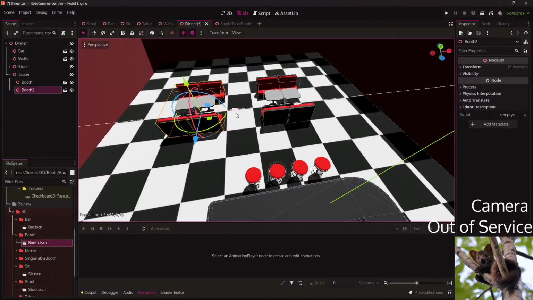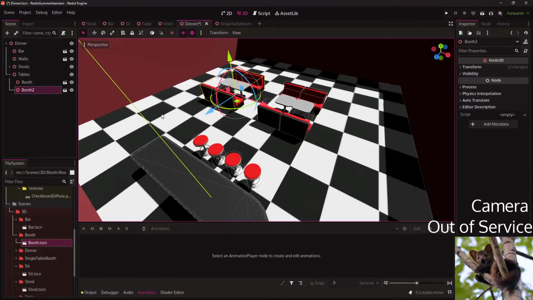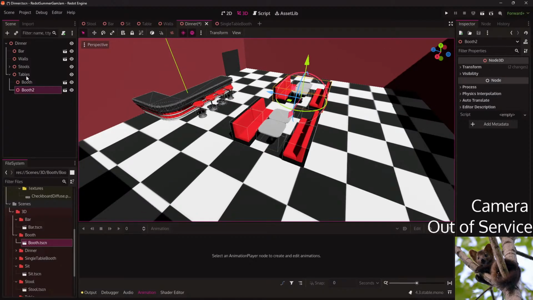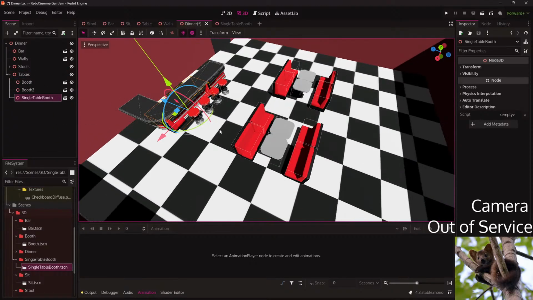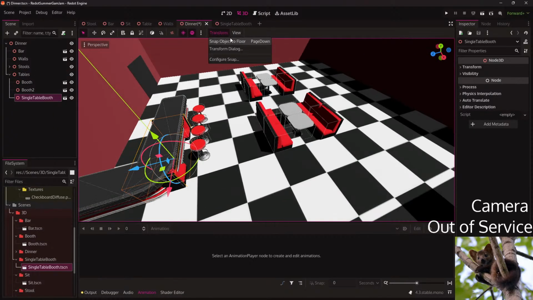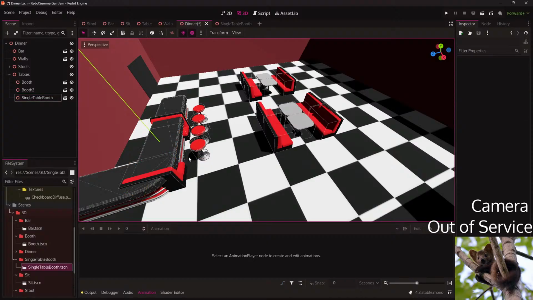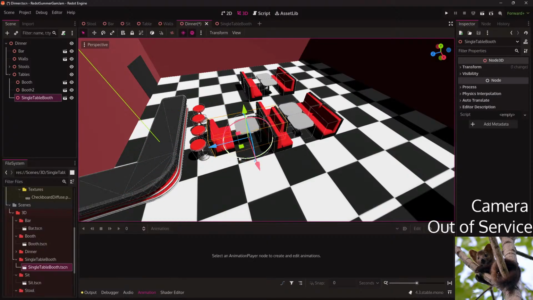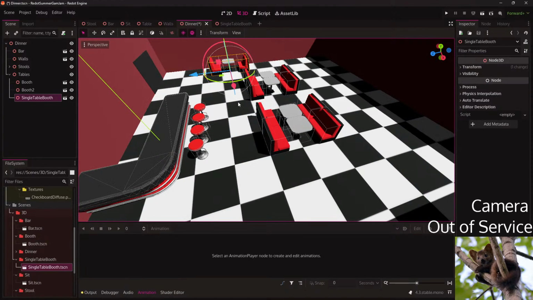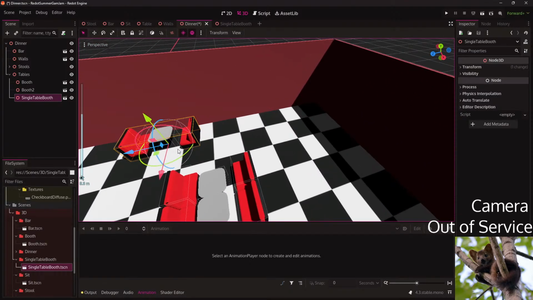Navigate. What if I actually start with the single? Actually quite a small room.